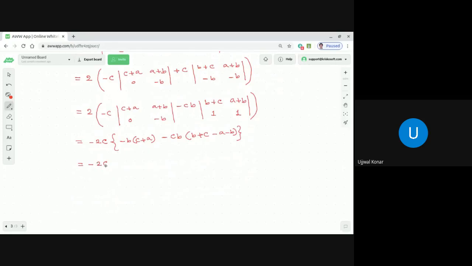Minus 2C. I can take the B common out also. From here we can take B common, in fact minus B common. Then it becomes plus 2 into C into B. Then what we are going to get here is C plus A, and then